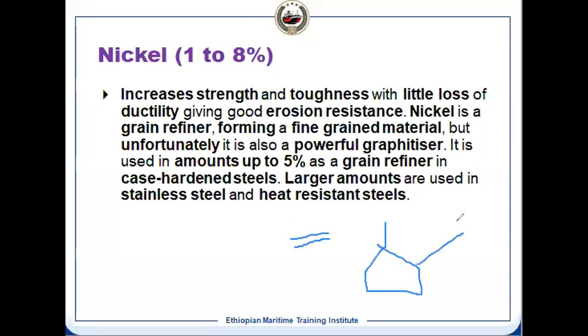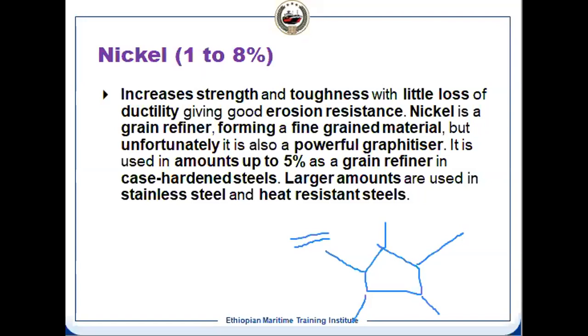This grain is very fine grain I have drawn, so it will be very fine. This grain fineness is done if you add this nickel. So the stress will be less, and it will also make the heat resistant steel. It means at higher, elevated temperature, it can work. So these are the advantages, that is the property changes. That is the reason nickel is one of the alloying elements.